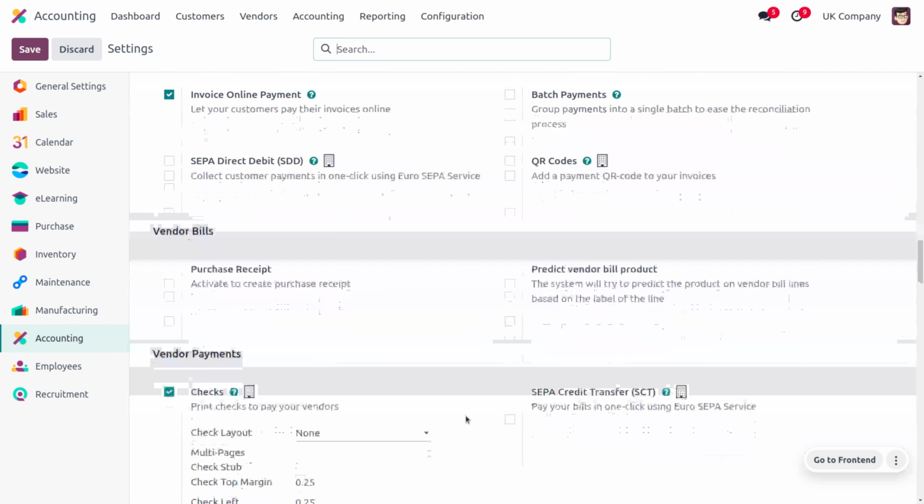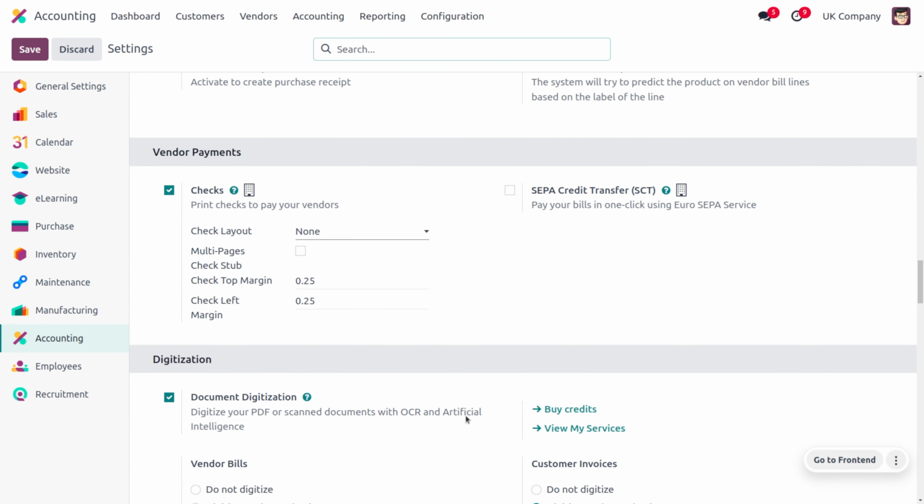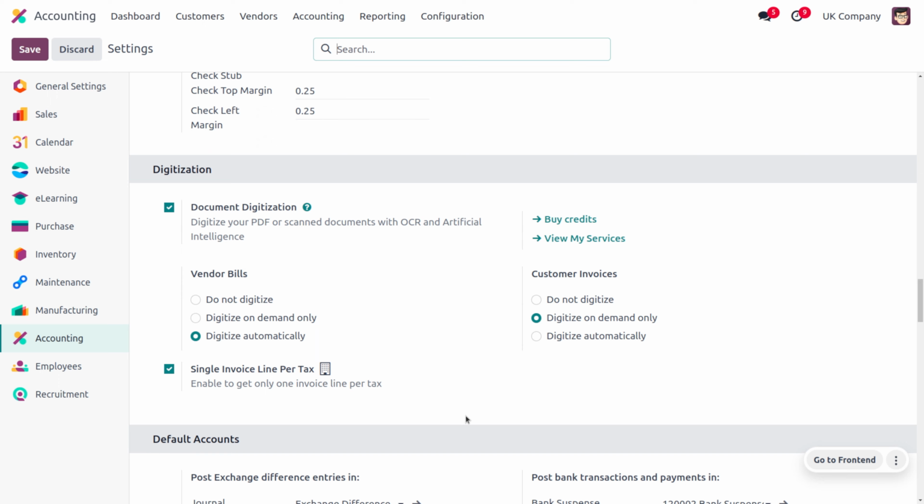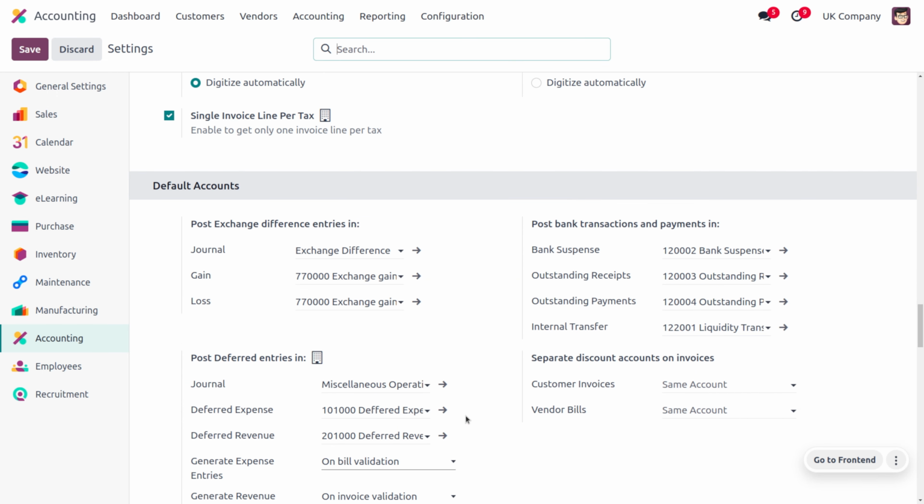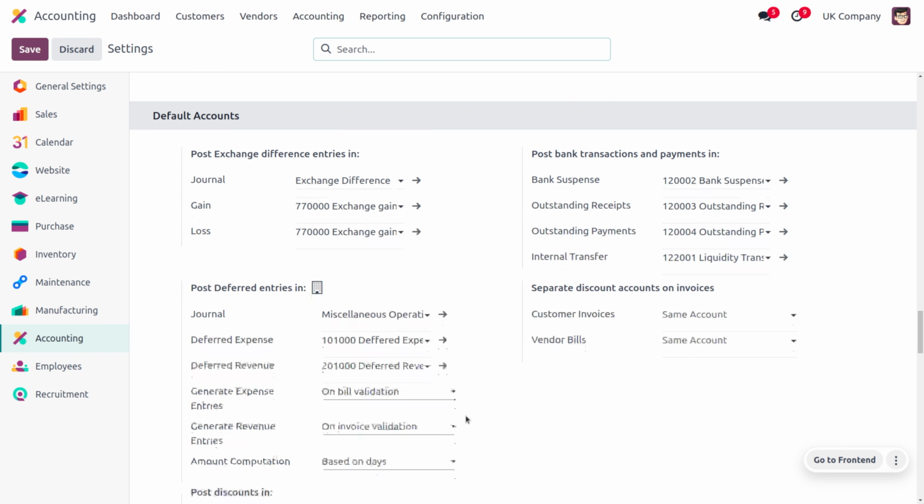We can also manage the computations based on days, and we can also equally split the revenue among each month. Apart from that, we can get the deferred entries based on the validations of the invoices, and we can also manually validate and group them.